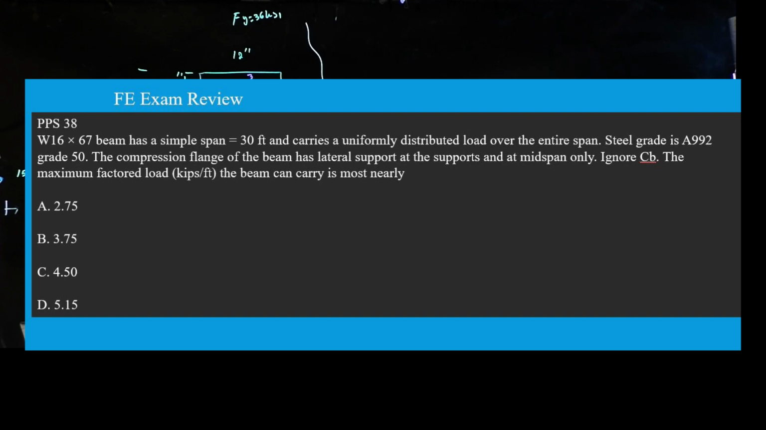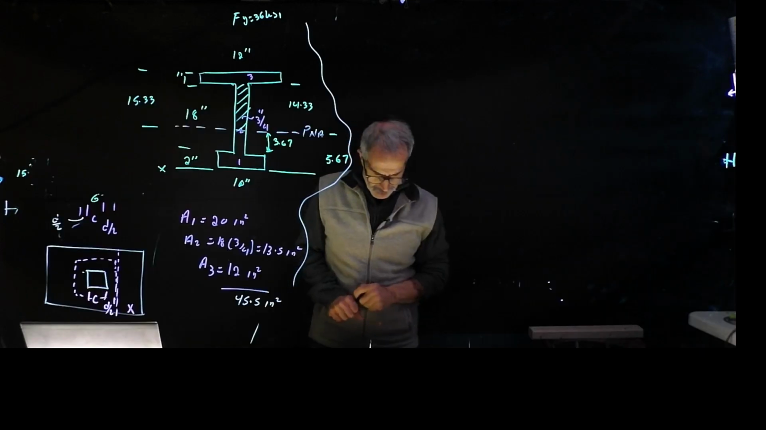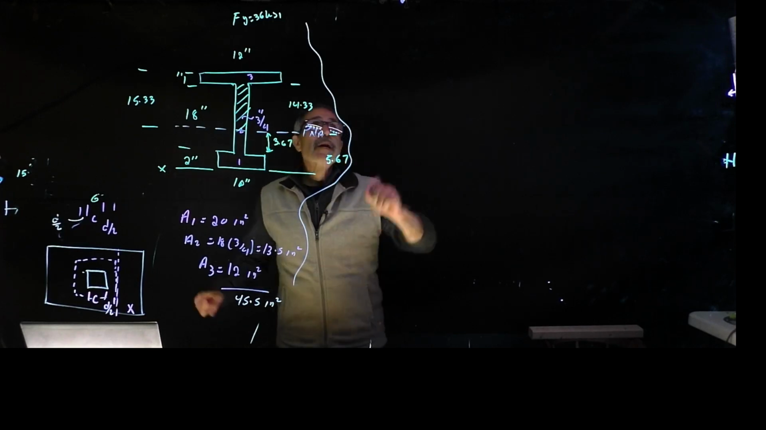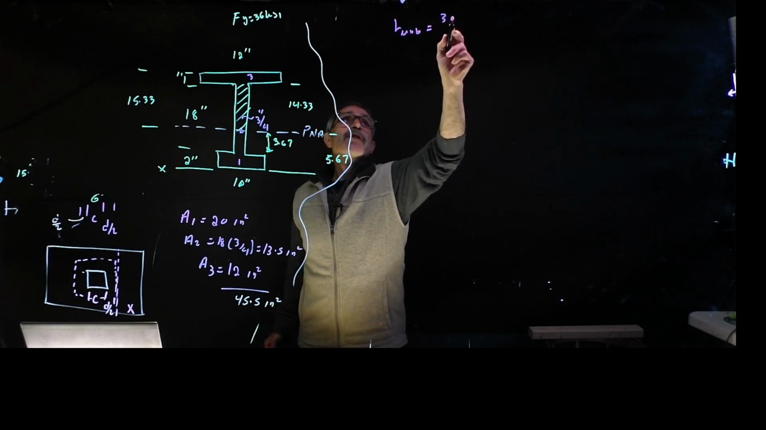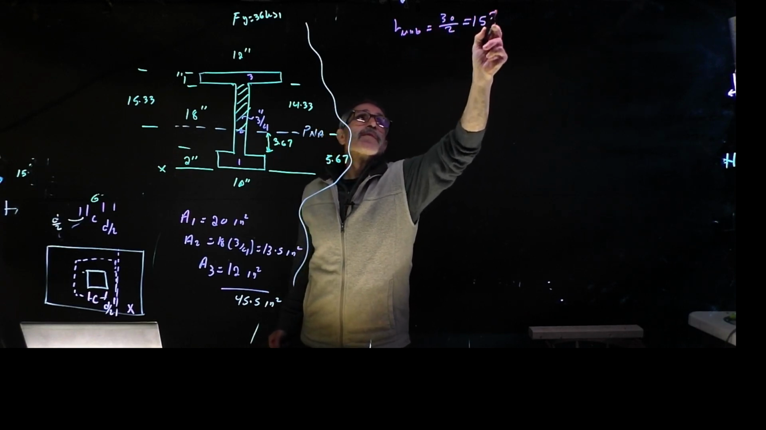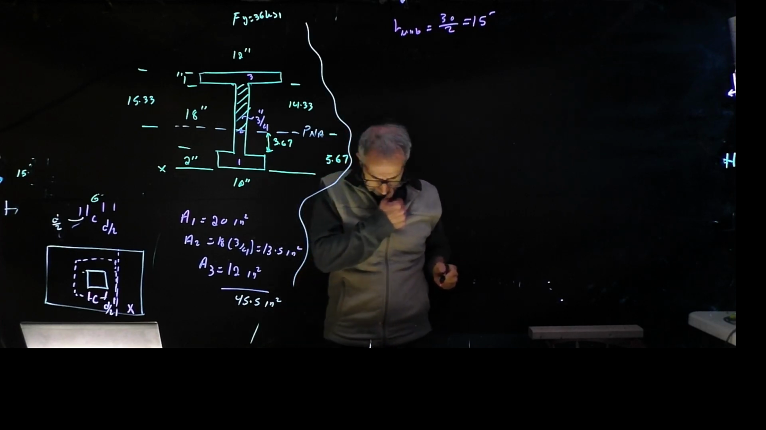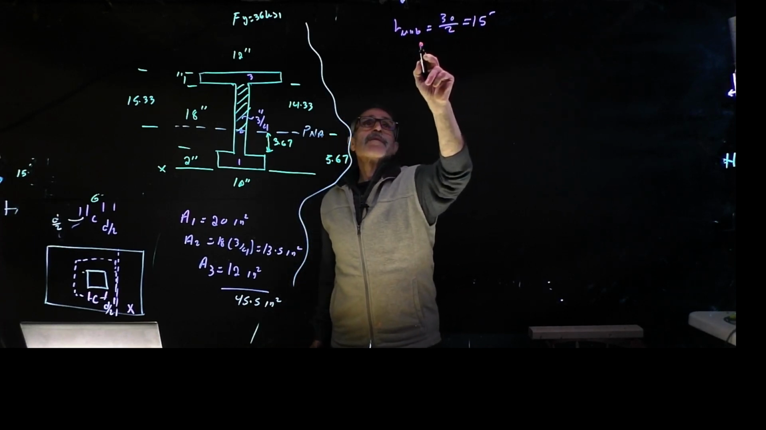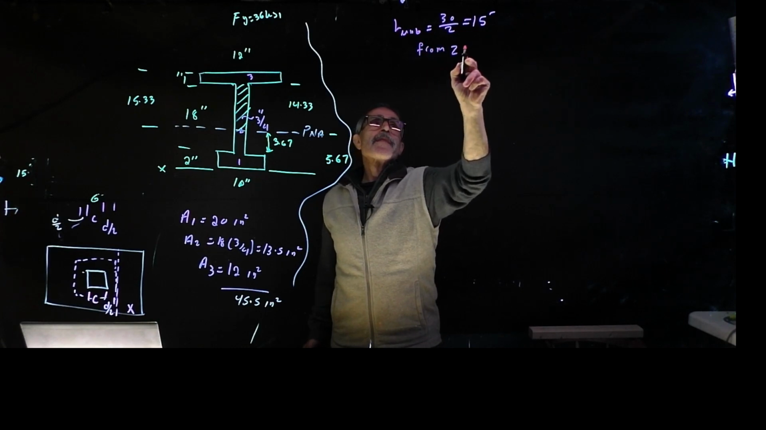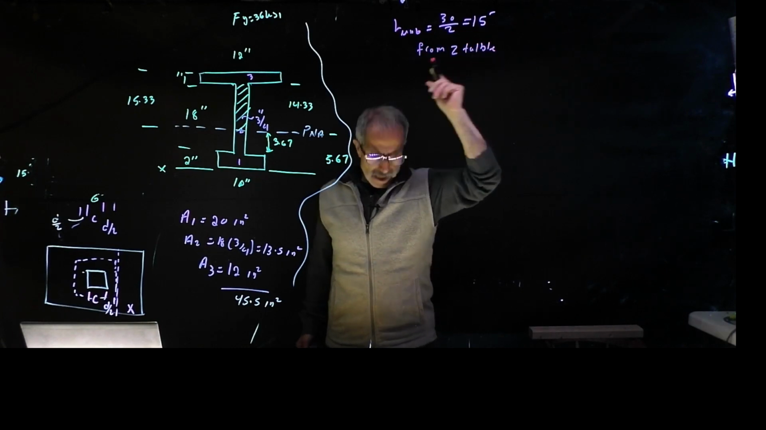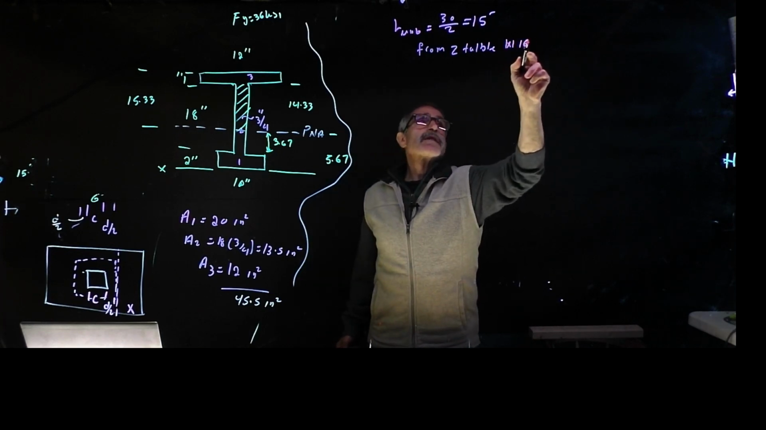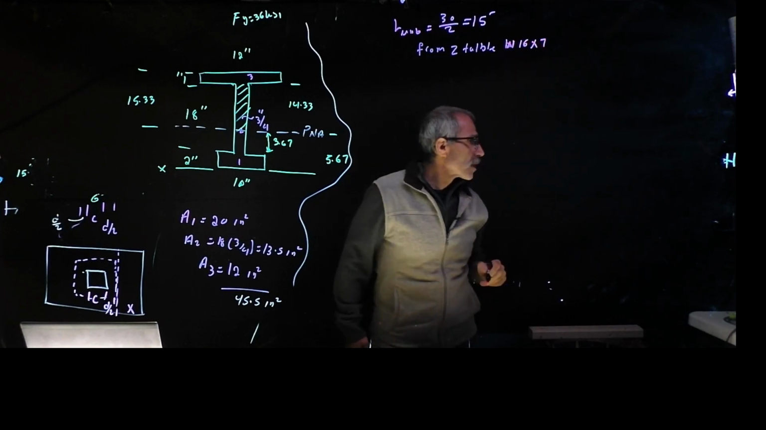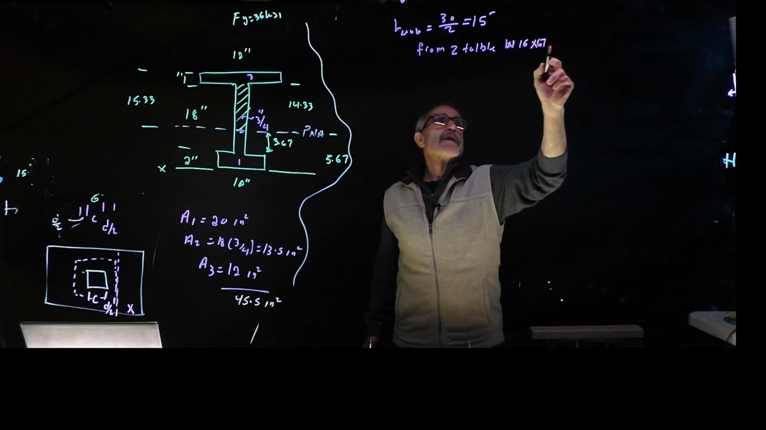So we know one thing here: our unbraced length is equal to 30 divided by 2. It's 15 feet. That's the unbraced length. And from the Z table, which is in your handbook, I don't know what page it is, you can find it, for W16x67,